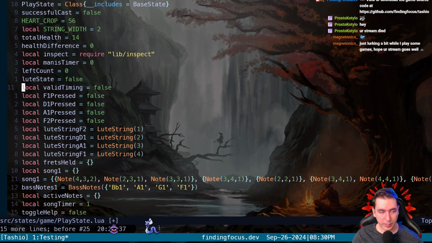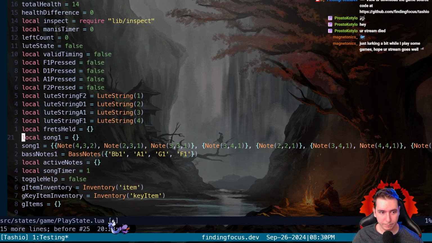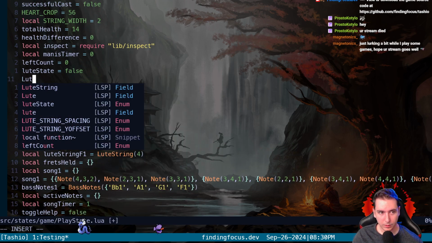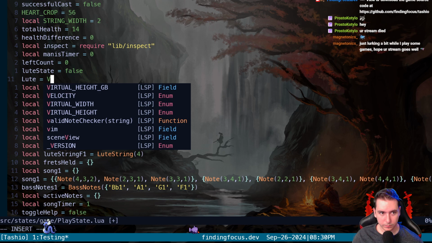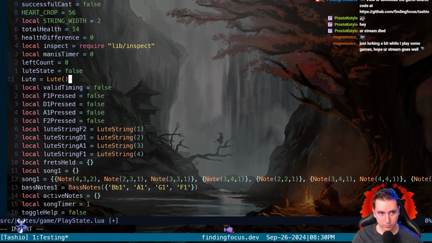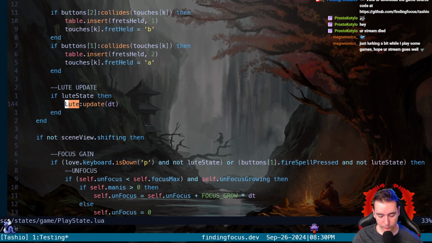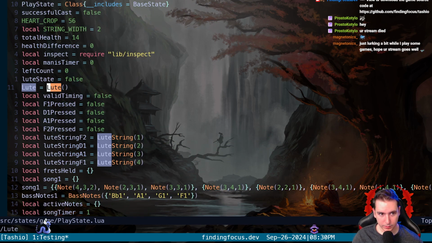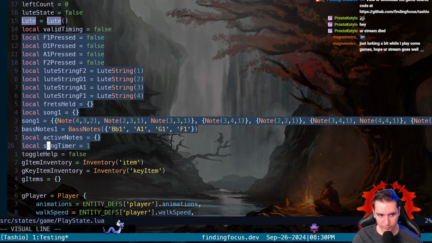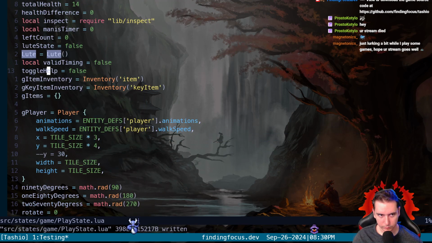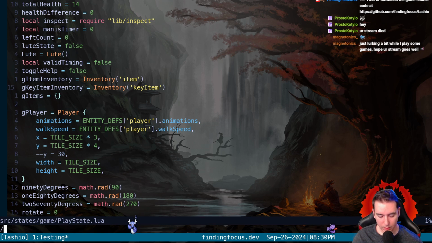So we'll say Lute gets Lute class right here, because remember we're doing the Lute update and everything. But yo, did I undo this? I swear we deleted this. Okay.